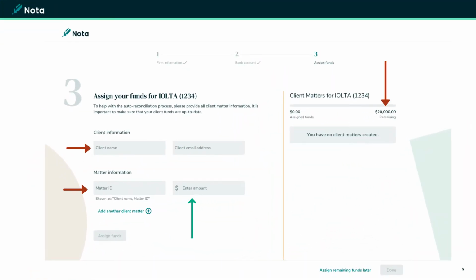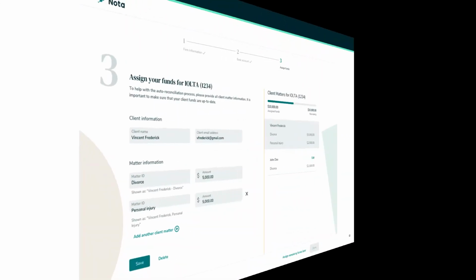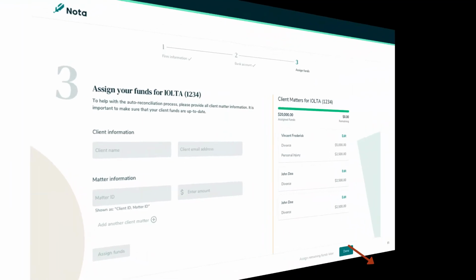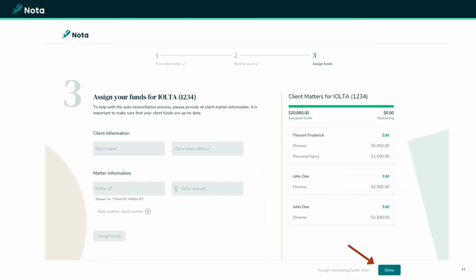To assist you with reconciliation, fill out your client information and what portion of your Iola balance represents that client as of today. Add each client, or you can assign remaining funds later at the bottom of the screen. When you're finished, simply select the Done feature and move on to the next screen where you will view your